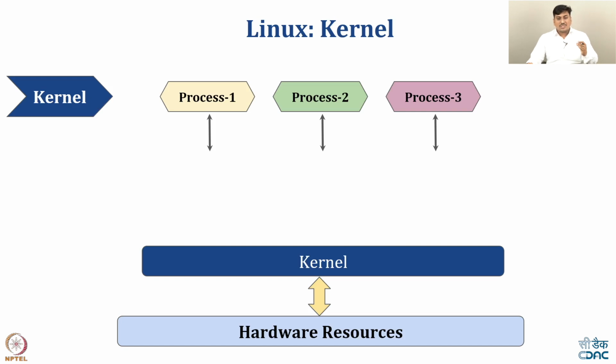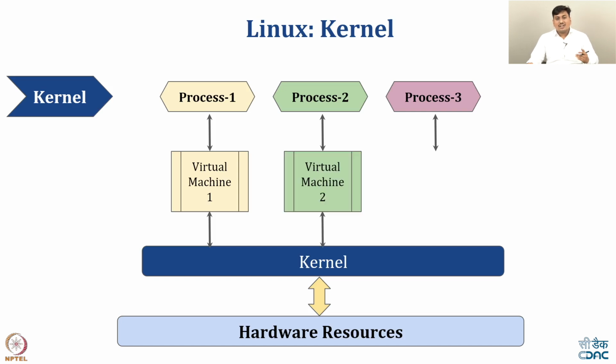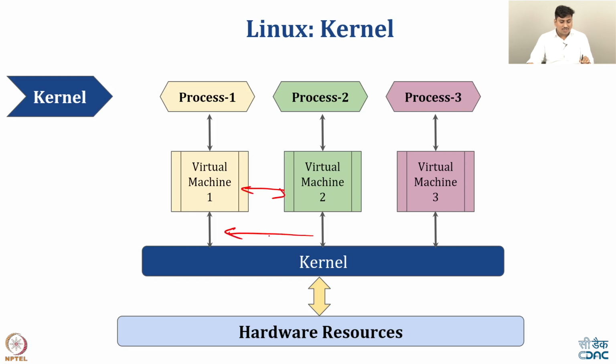So from the hardware perspective the kernel is running as a single instance, right, but from the user's application perspective, for every process it creates one standalone virtual machine associated with that process, and the kernel manages the communication between these processes or the switching of these processes in between,